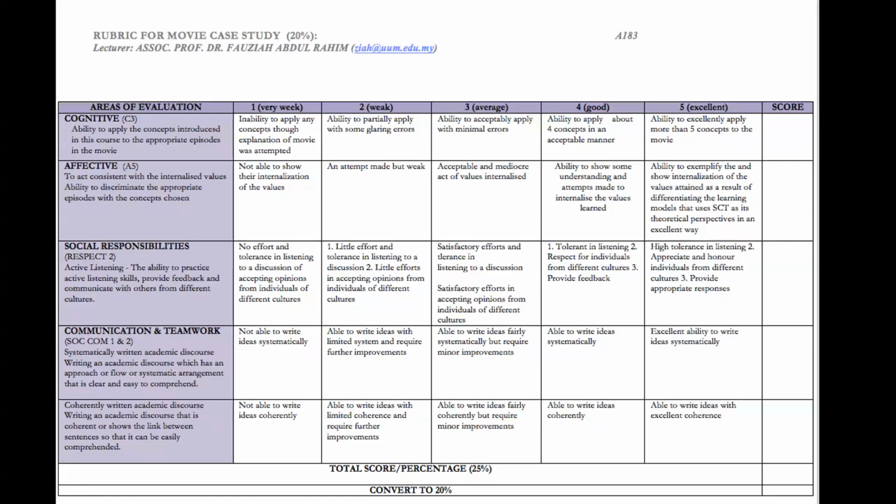beyond the requirement of the program and the course, because this is the second year we take this particular course. These are the areas of evaluation, the criteria that I mentioned just now. So what exactly we are talking about here, and inside here is what I expect of them in relation to the task.